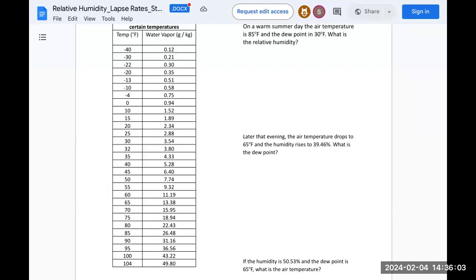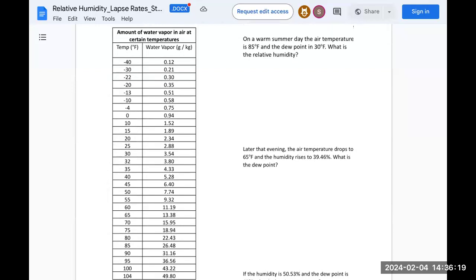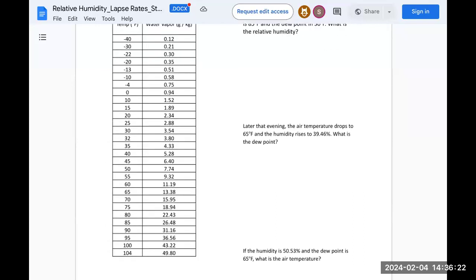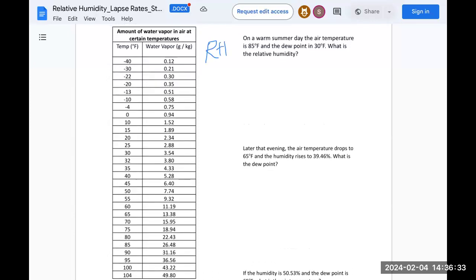Well, relative humidity is just simply a ratio of how much water vapor the air actually has versus how much it can hold. So it tells you how moist the air is. So basically, to find relative humidity, we just take our